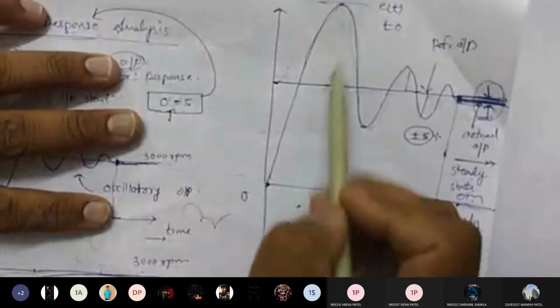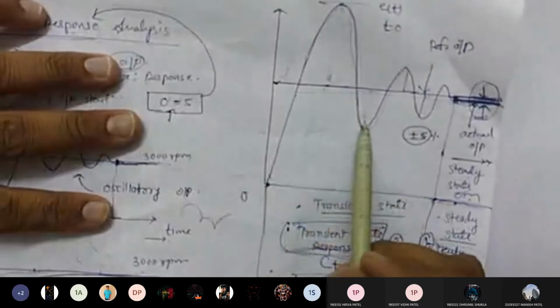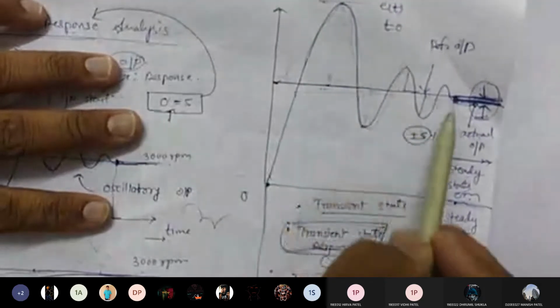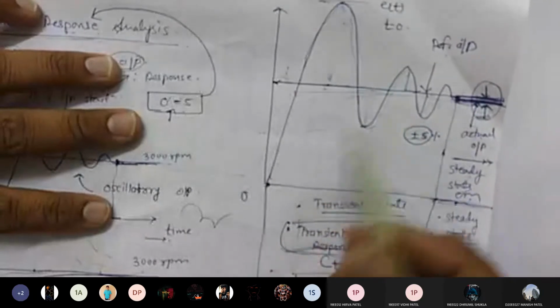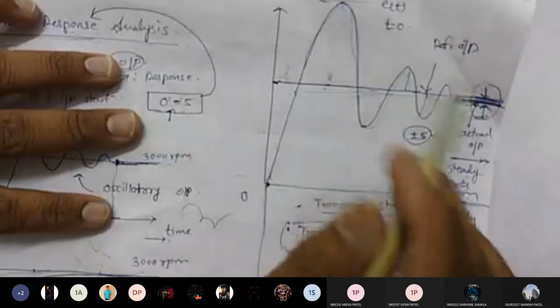It is not desirable. What does that mean? This peak should be lesser, this valley should be lesser, and there should be less oscillation. Directly it will not be like this, it will be like this, but it should be less. So how these things actually work, we will see under the head of